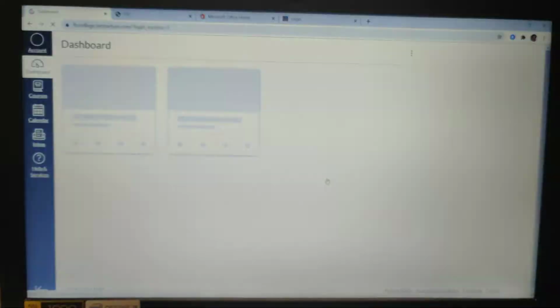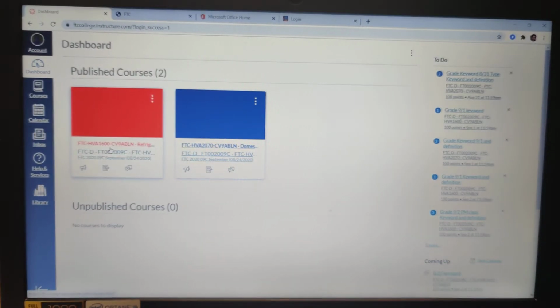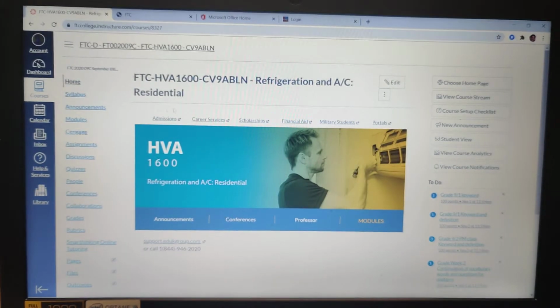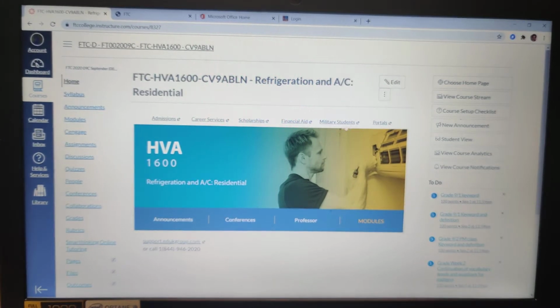First, you have to log in, that is with your FTC email and whatever password you have chosen. Now I have two classes here, so we're going to click on this class. And the first thing you see in an open shell that has nothing in it, you will see this, and then you have